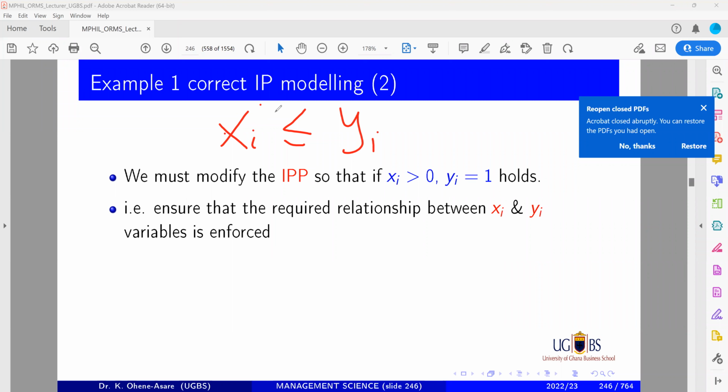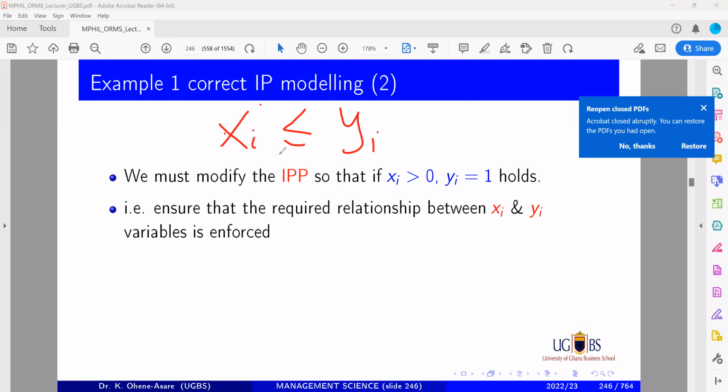Remember, we are ensuring non-negativity and we are also ensuring integrality. Excellent, Francis, you got the right answer. If Y is 1, X will be 0 or 1. But